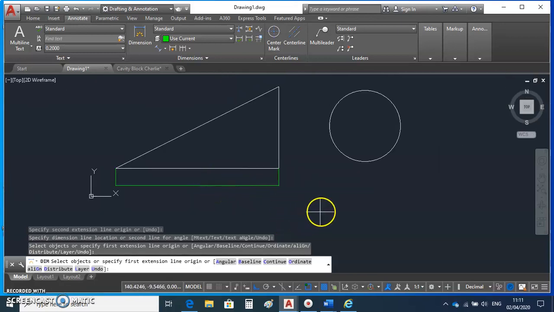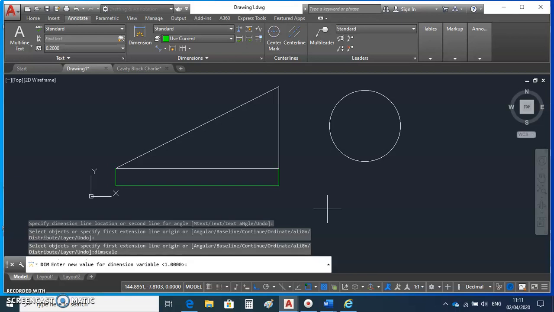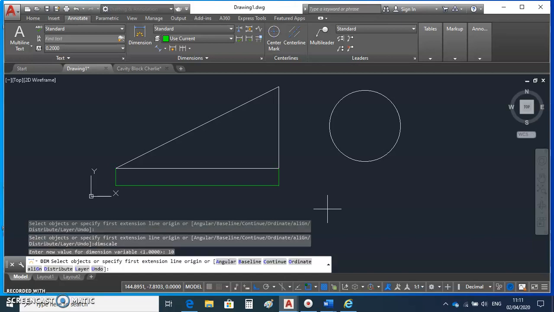So I'm going to type in dim scale, DIMSCALE. You can see in my command menu, hit return. You can see it's at default of 1. Now I'm just going to guess here and put in 10. Okay, hit return. Now my dim scale is 10, but my dimension hasn't changed, so I'm going to, this arrow